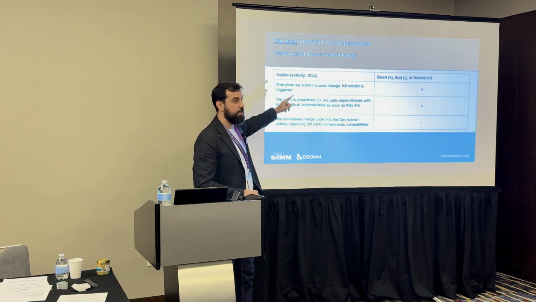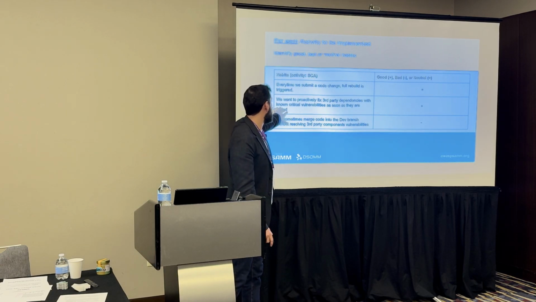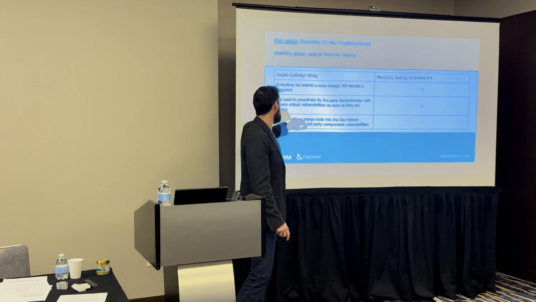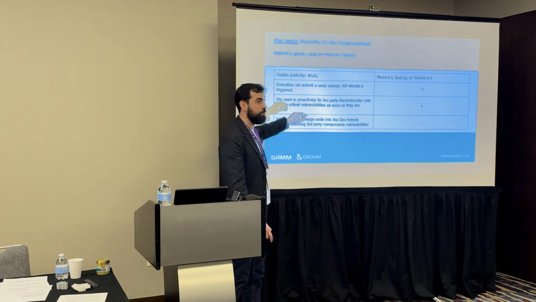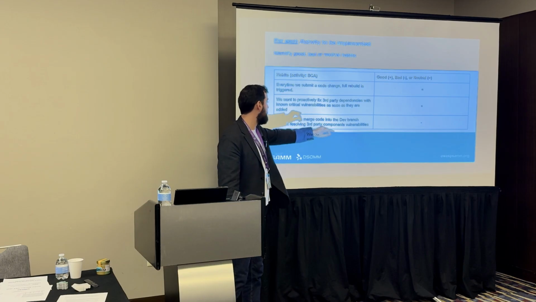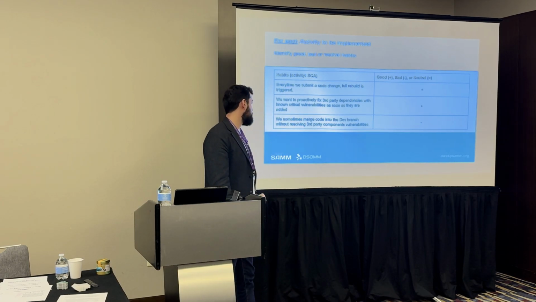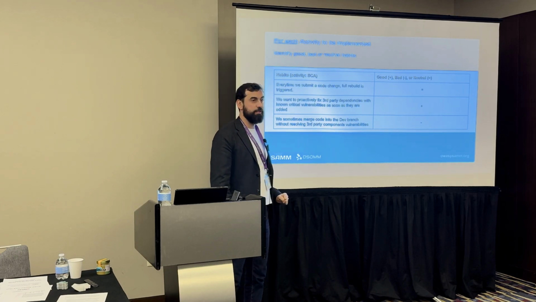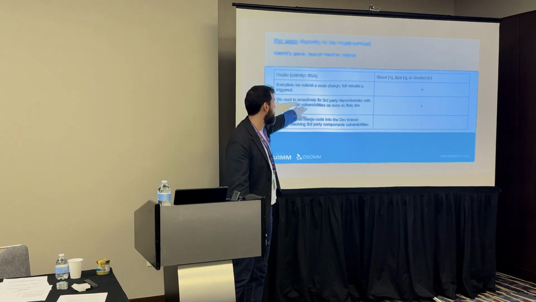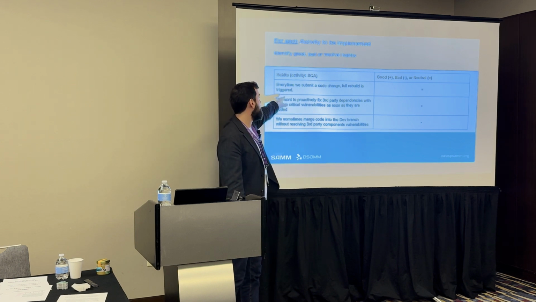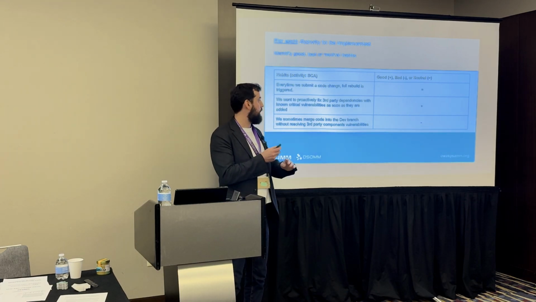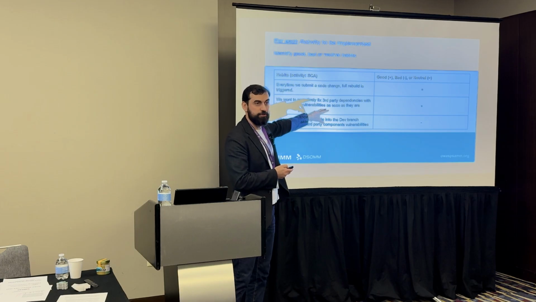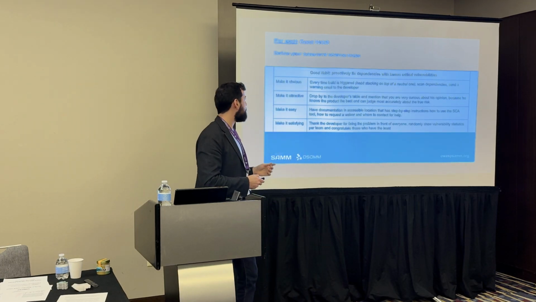For example, for SCA, I want to introduce an SCA program. I have a good habit that I want to create: we want to proactively fix third-party dependencies with known critical vulnerabilities as soon as they are added to the project. We want to fix them as soon as we notice them. We want to create a good habit. Then we have a bad habit that we want to eliminate: sometimes we merge code into the branch without resolving third-party vulnerabilities. That's a bad habit. I want to get rid of this one. And I have a neutral one: every time we have a change, we have a nightly build, a rebuild. I will be using habit stacking to attach one to another, to make it more visible, which I'll show here.